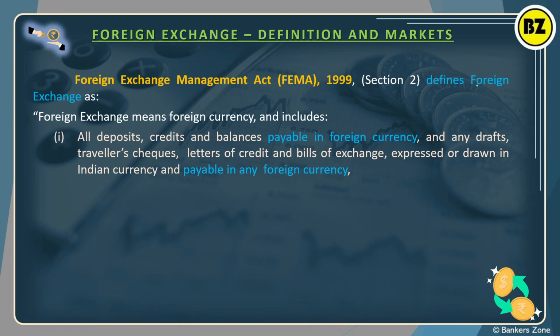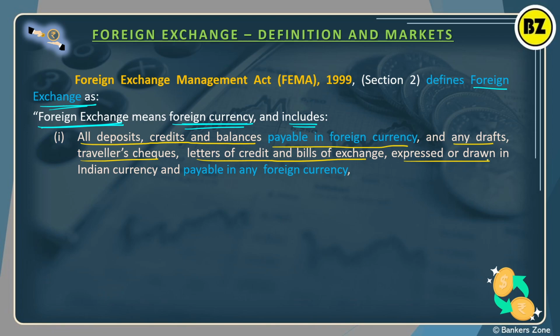But according to the FEMA Act, how is foreign exchange defined? Foreign exchange means the foreign currency. Foreign exchange means simply the foreign currency, and it should include what? Simply see, all the deposits, credits and balances payable in the foreign currency, any draft or traveler's checks or even letter of credit or bill of exchange expressed or even drawn